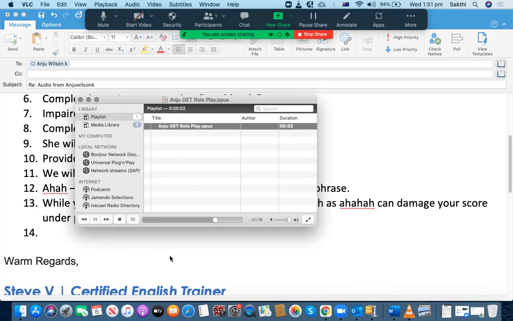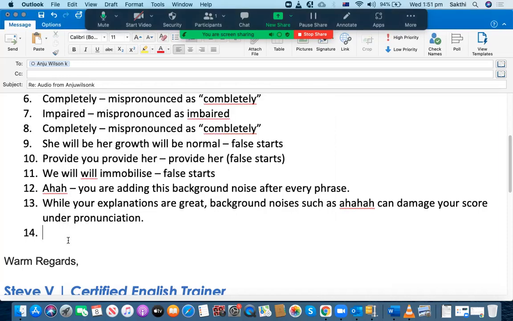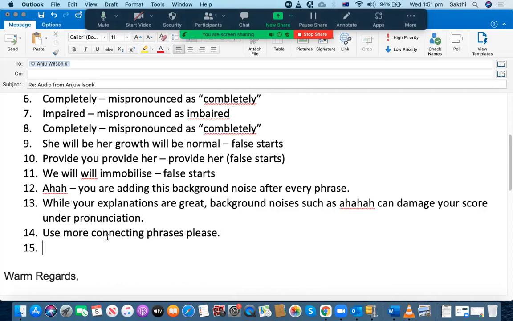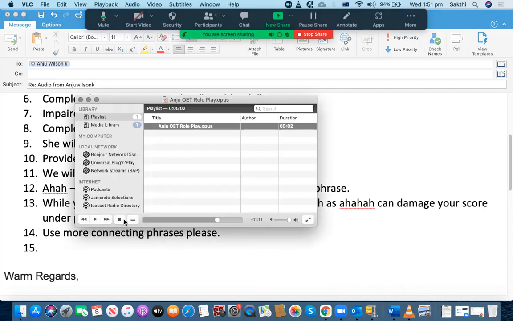Okay, Richard, now I will explain you a few things for the better healing. All right. Keep her plaster clean and neat always. It is always recommended to use more and more connecting phrases. So use more connecting phrases, please. It's gonna help a lot. Okay, right, let's go to the next one. Please cover it with a plastic when she takes shower. Okay. Alright. Okay. Moreover, provide her protein rich diet to enhance the